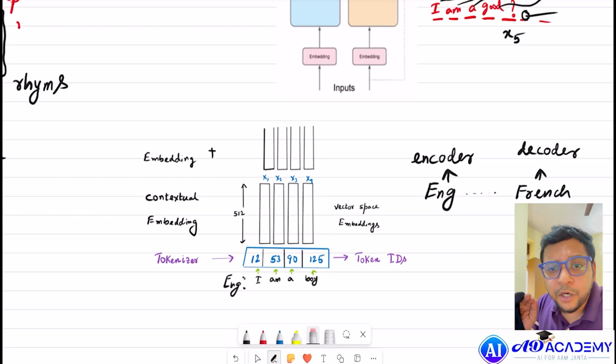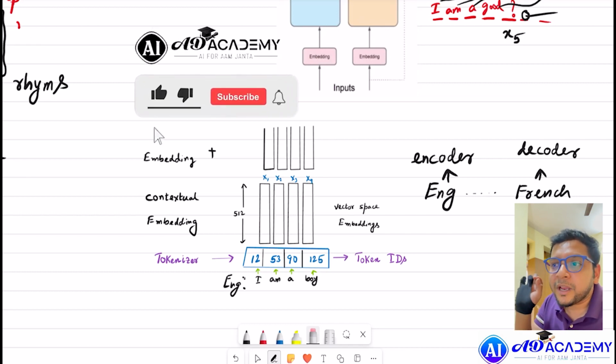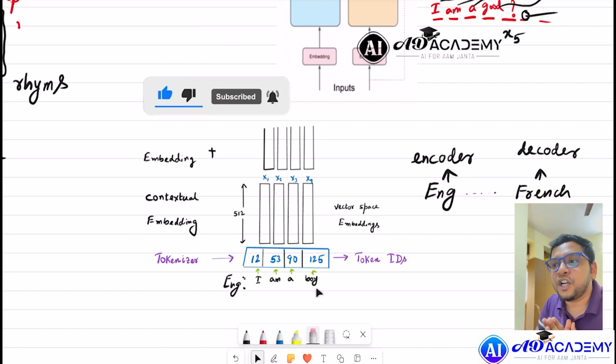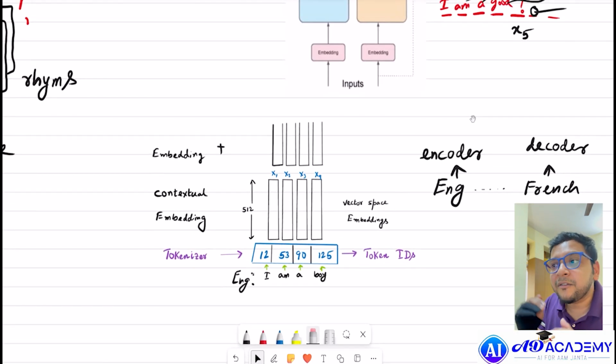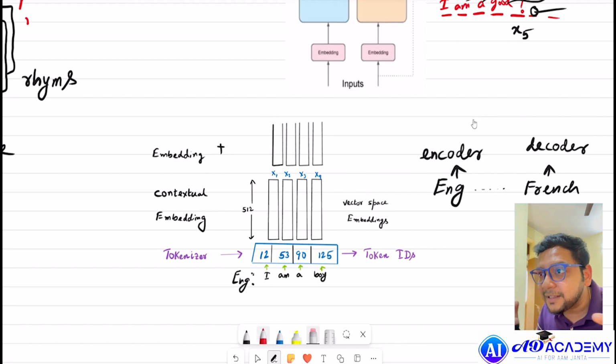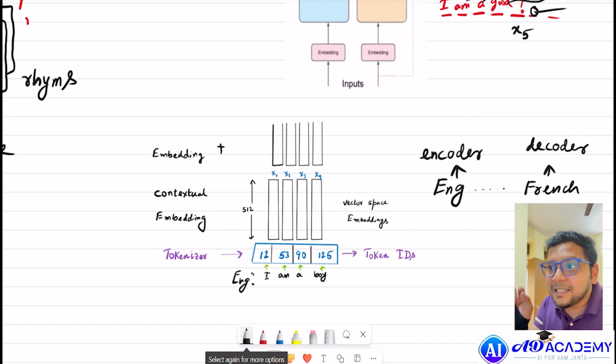Now we are doing a translation from English to French. The English sentence we are giving is not understandable by the computer, so we have to convert the English words to numbers, that is token IDs, which is done by the tokenizer. These numbers are then converted to a vector space, which is called contextual embedding. This high-dimensional vector space gives more understanding of the words, the context, or the relevance, and then to understand which word is positioned where in that sentence, we do positional embeddings.